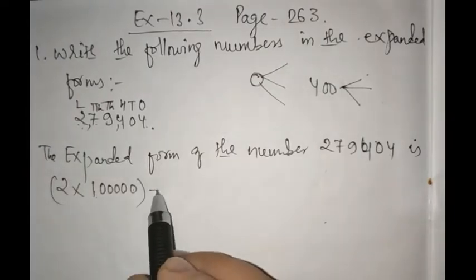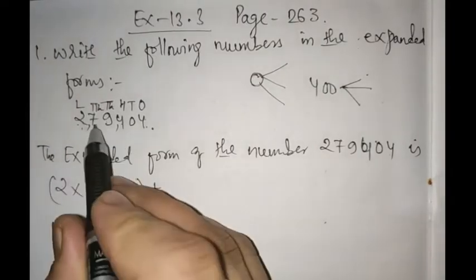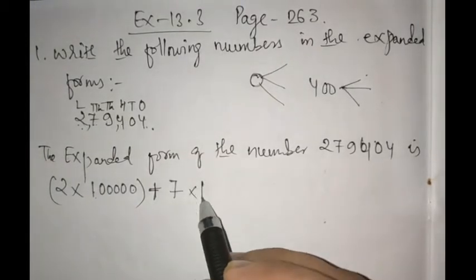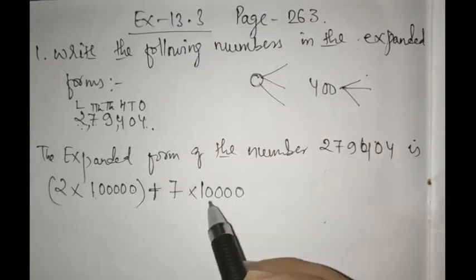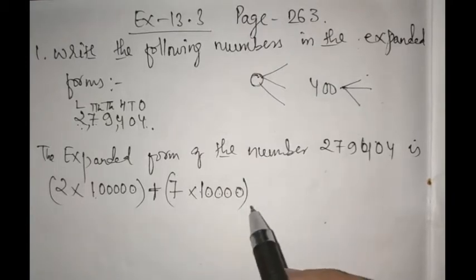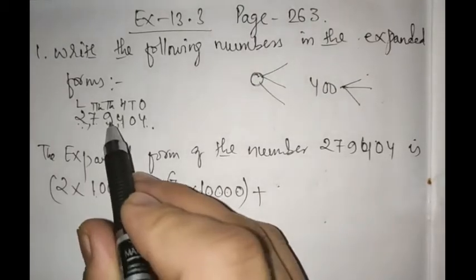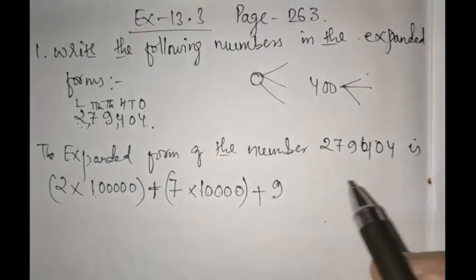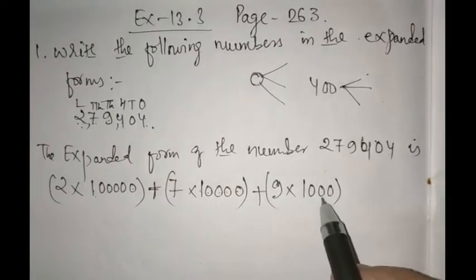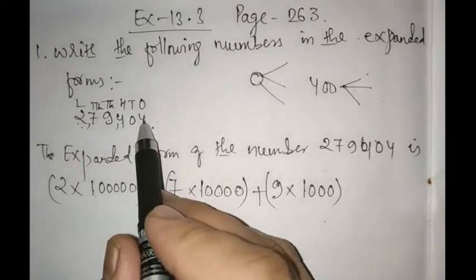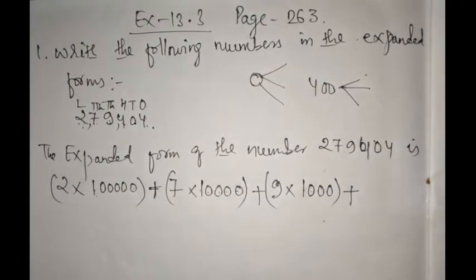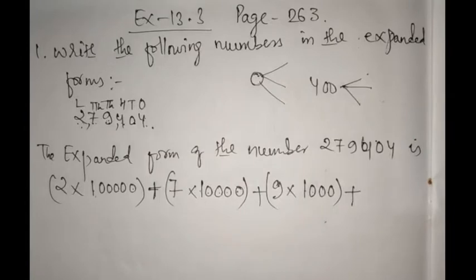Now this is the way to expand. So plus, put the plus sign. Now what number do you have next? It is 7. In which position is it? 10,000. So 1 2 3 4, yes, this is your 70,000. Now plus, what digit do you have next? 9. After 9 how many digits are there? 4. So 1000, right? It is in the 1000 position, isn't it? So this way we used to do in our lower class, right? Expanded form and the compact form.